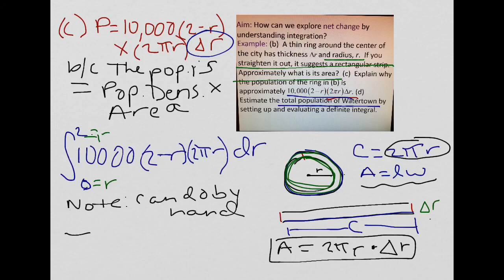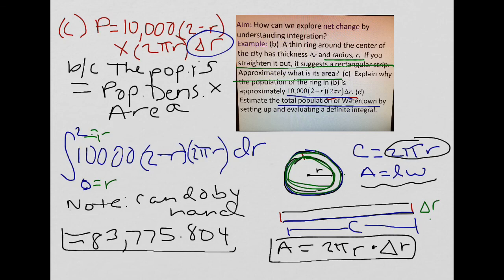And I got approximately 83,775.804. Now in a previous lesson we talked about how you can leave the decimal places for the AP exam, even if we're talking about population of people. Even if it was a population of bunny rabbits, just leave the decimal places, but make sure that it is to 3